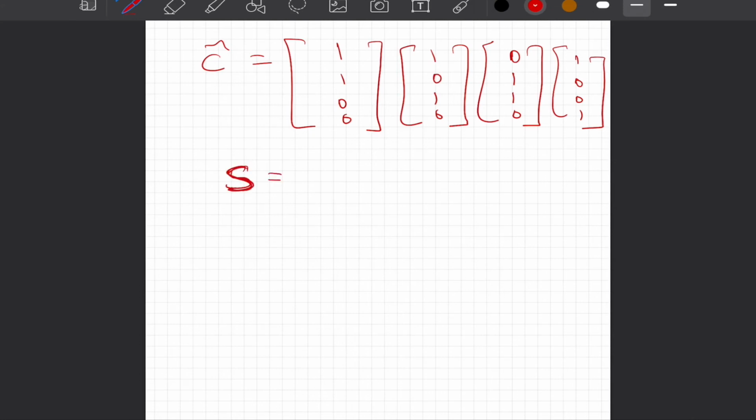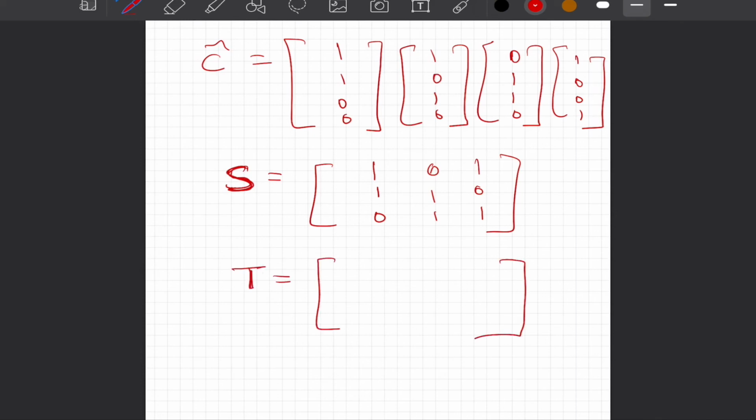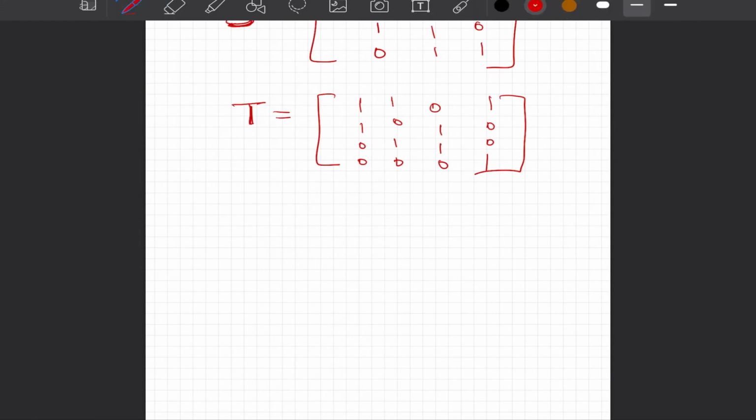Then we can say that our S in this case can be written as a simple collection of all the non-standard bases, and hence (1 1 0), (0 1 1), (1 0 1) represented in matrix form, and T is the non-standard basis of C to which we seek this transformation. Hence we can write this as (1 1 0 0), (1 0 1 0), (0 1 1 0) and (1 0 0 1). Now we learned that the mapping between A phi tilde and A can be obtained by pre-multiplying with T inverse and post-multiplying with S.